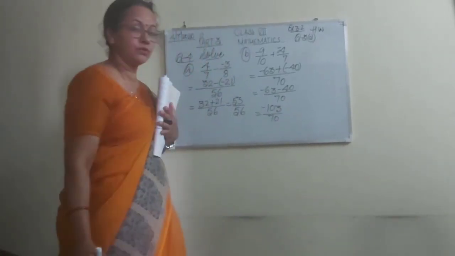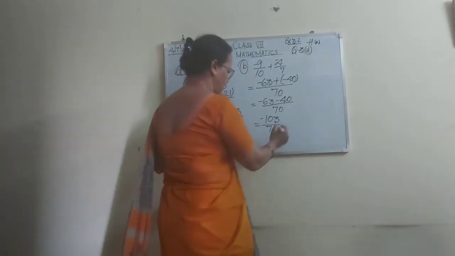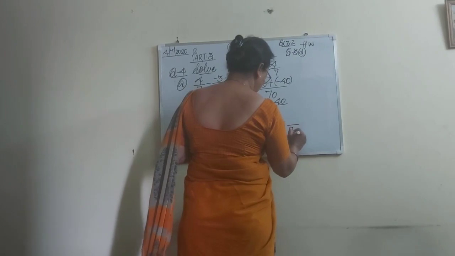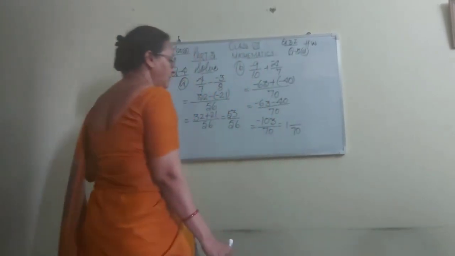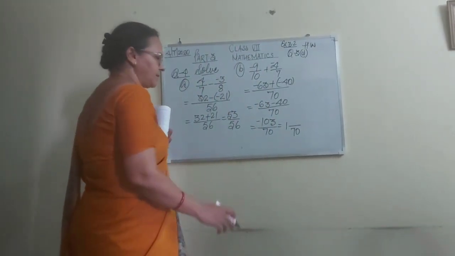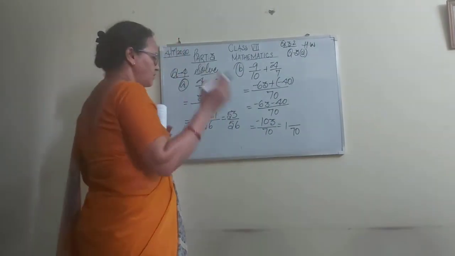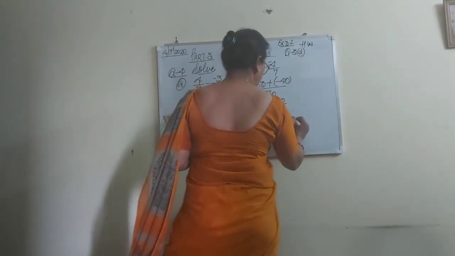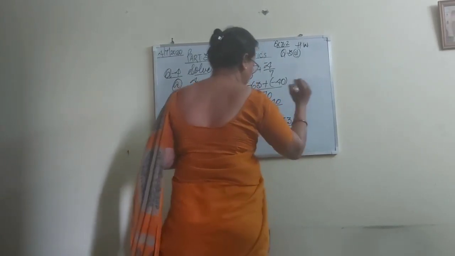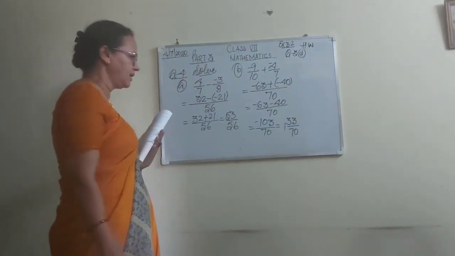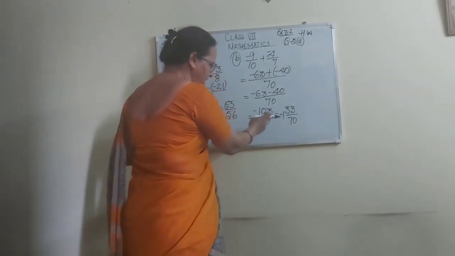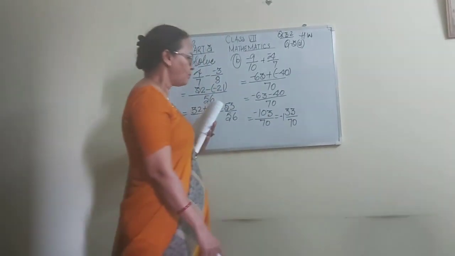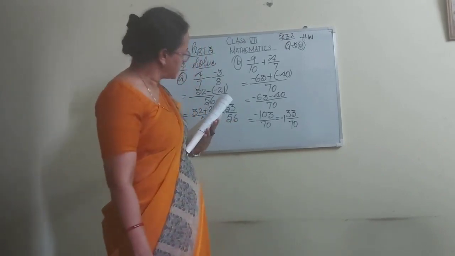That's right. You can write it in mixed fraction. So what will it be? 70 ones are 70, 0. Okay. Now what is remaining? What will it be? Do fast. Subtract 103 minus 70. What will it be? 3. And 10 minus 3 is 3. That's right. Clear? This is minus because this is a negative number. So our answer will be minus 133 by 70.